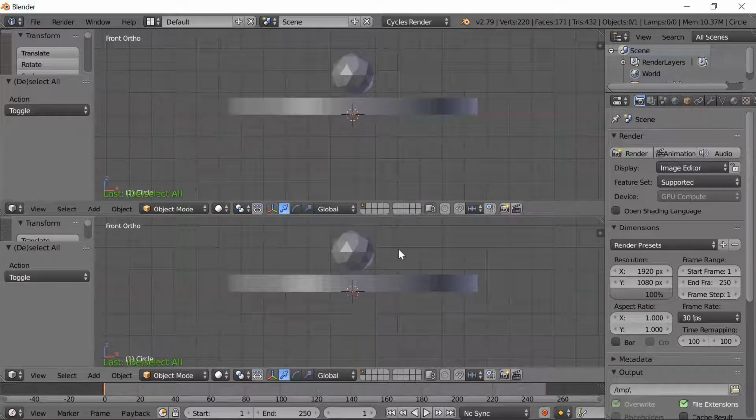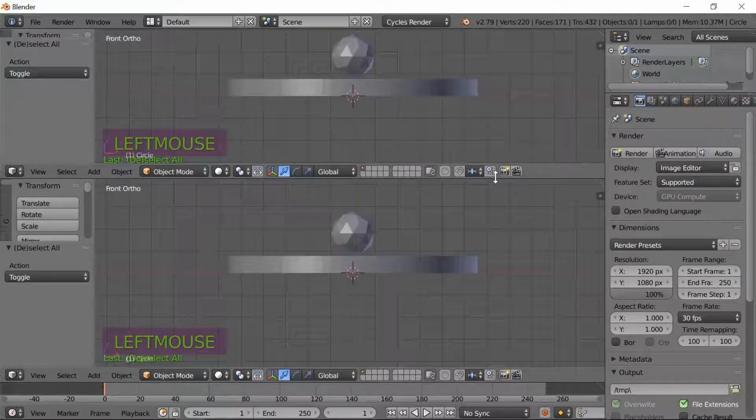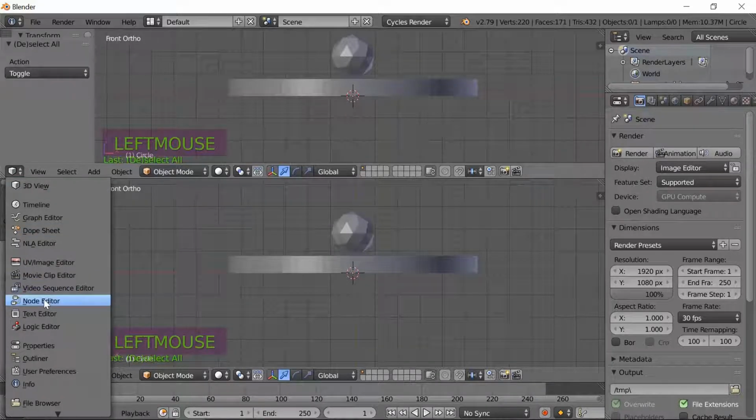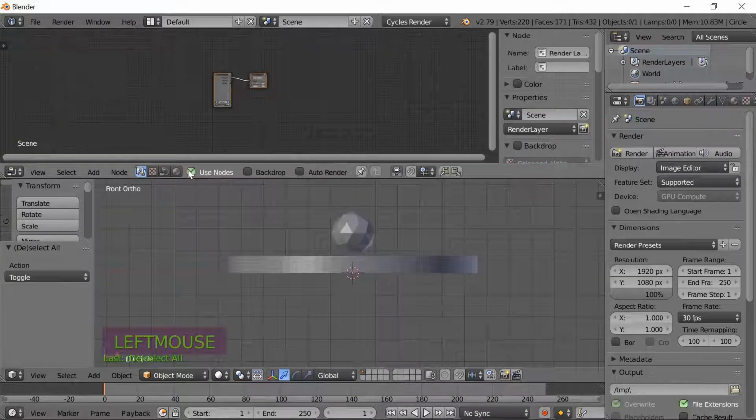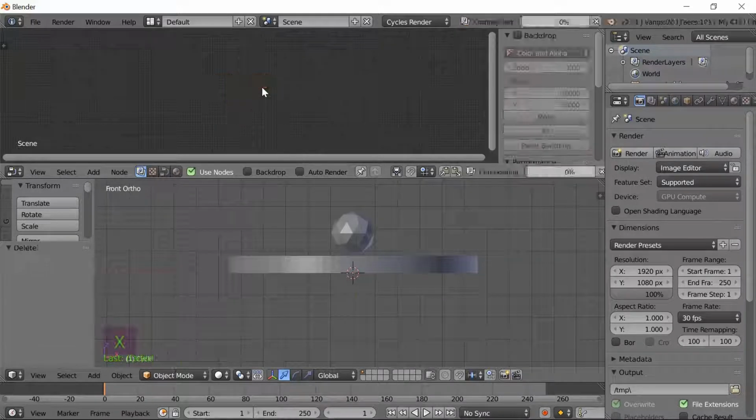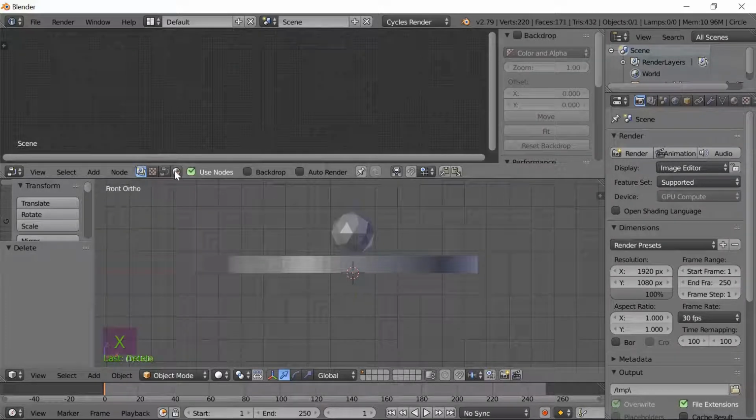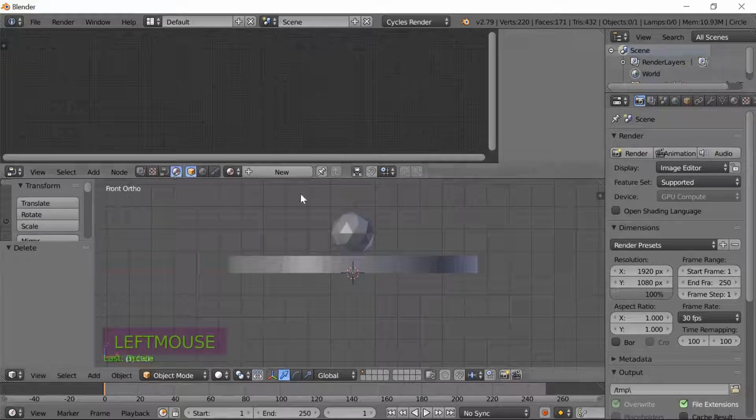We'll leave that as it is for a minute, and I'll open another window. We don't need it that big. Shove it back up, and we'll convert this to a node editor, and we'll click use nodes. We don't want scene, we want the shader. We don't want either of those actually, so get rid of those. Use shaders,